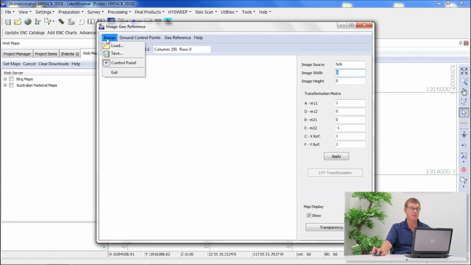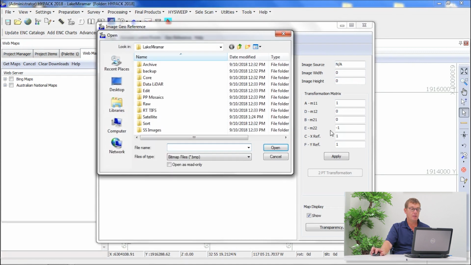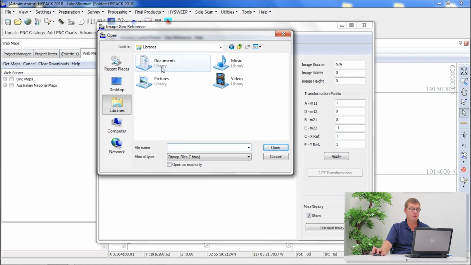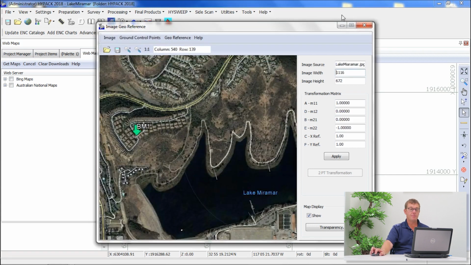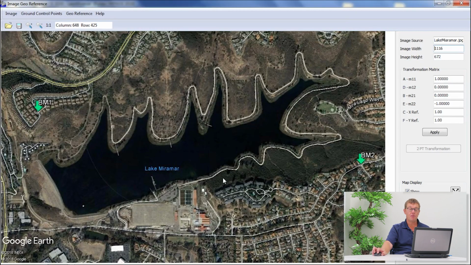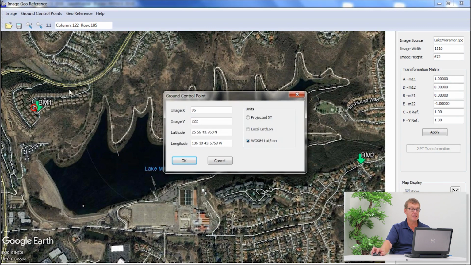So if we go to Image, Load, and we select JPEG, we will see that that's the image we've created from Google Earth. The next point is to create control points, ground control points. If I right click on that specific location or marker, there's a pop-up option, add ground control point. So if I select that,